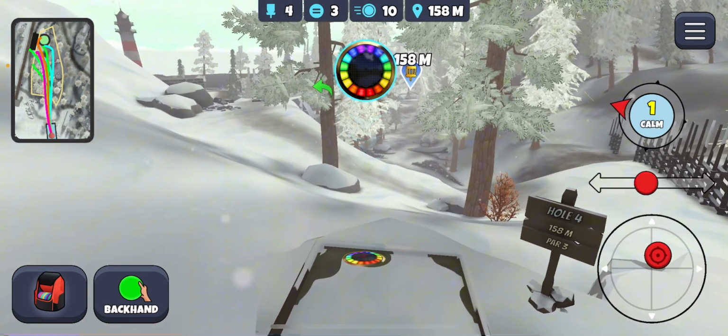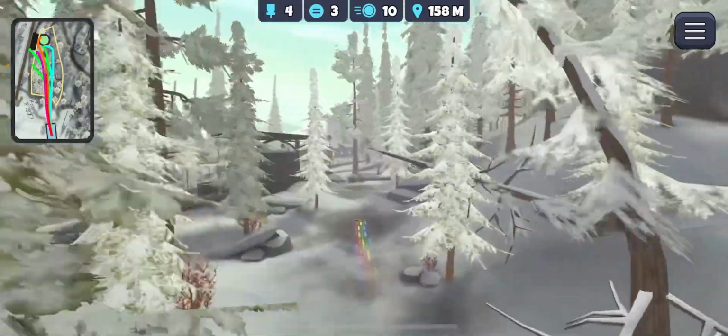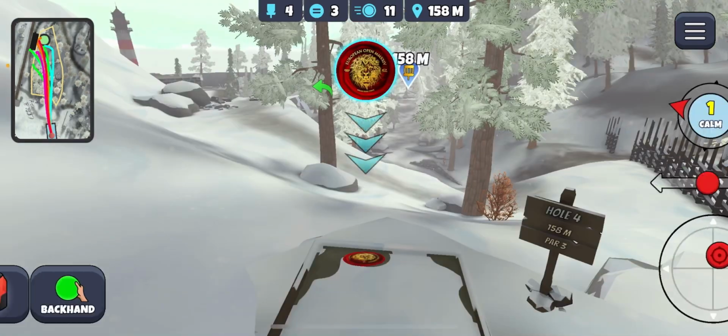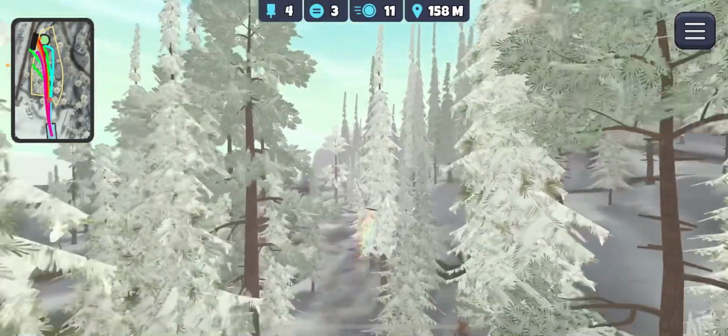Another reason you aim low here instead of putting angle on, other than making it easier to hit the gap, is it stays below the wind, and it's going to settle down sooner so that you're not too worried about going long. Going long isn't as much of an issue as if you're aiming up here with the same disc with a bunch of angle on it. So if I put a bunch of angle on it up here,